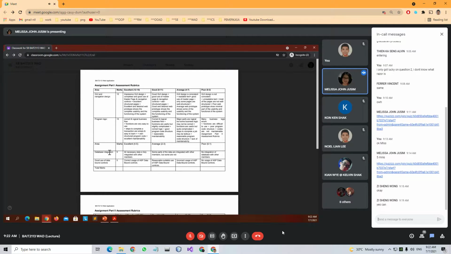Program logic, especially when you need to perform the required tasks. And regarding GUI, notice that excellent means good use of master page and also navigation controls. We have learned this. And then complete usability and the functioning of the system.